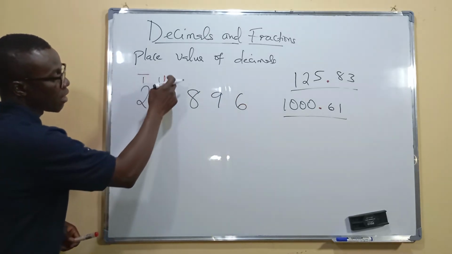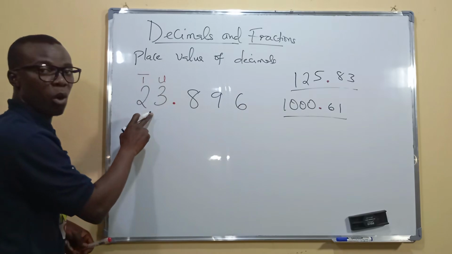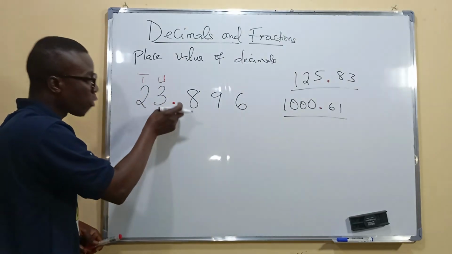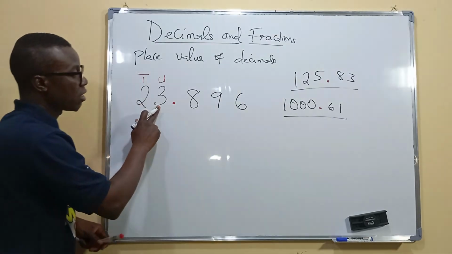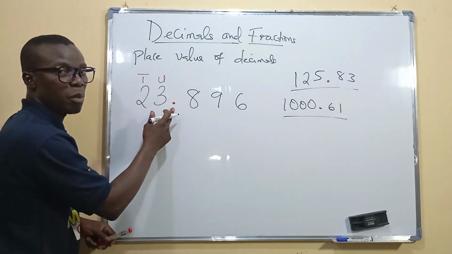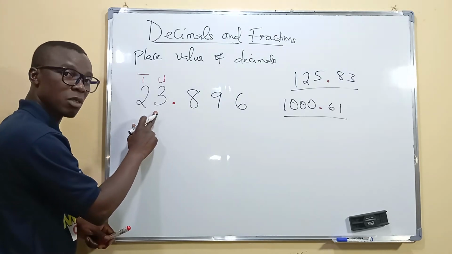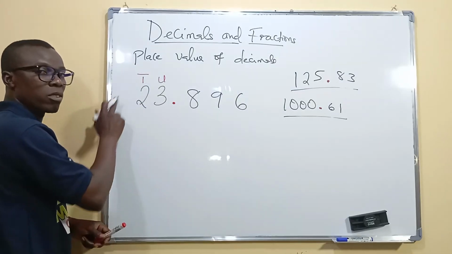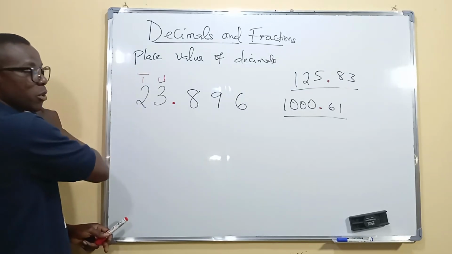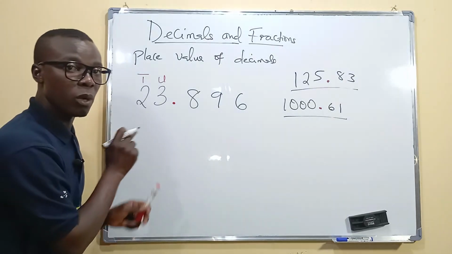Now you see that the place value of the digits before the decimal point doesn't change. In fact, the last digit that we have before the decimal point is actually the units place, and before that is the tens, and so on. We have the hundreds here, and it goes on that way,